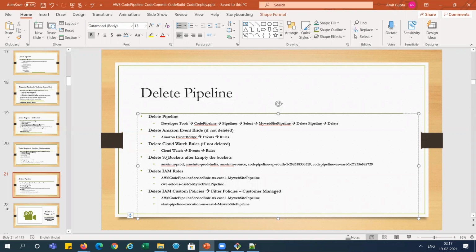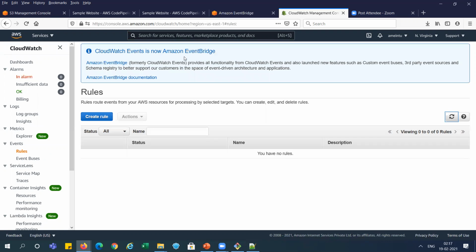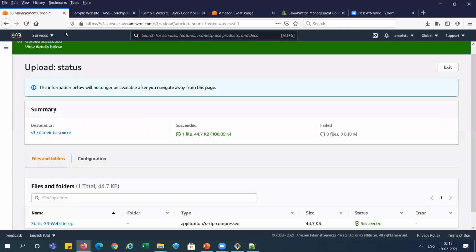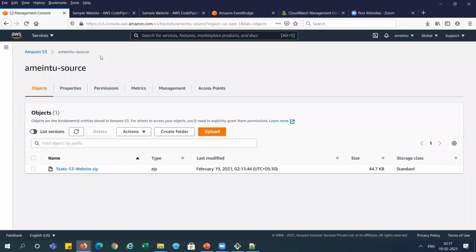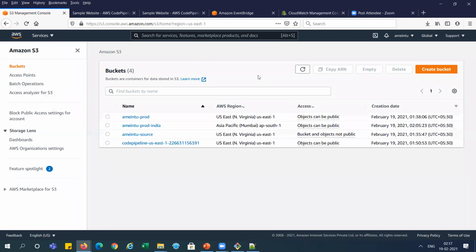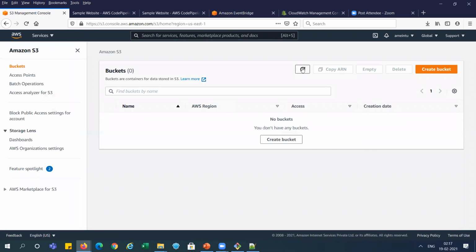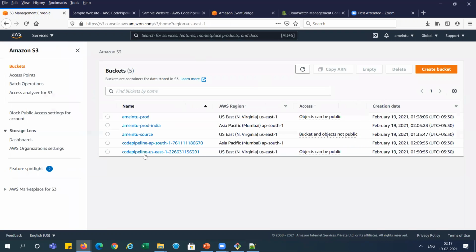Second thing, we have created the S3 buckets. We need to go and delete them, right? So go to the S3 bucket site, and I will show you how many buckets we have currently. You can see two pipelines are created, one for the AP South, the Mumbai region, and the second for the US region.